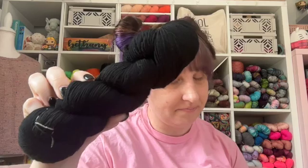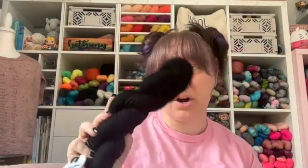My special order came in from Alk and Me. If you watched our April-May wrap up, I went over what I ordered, what I bought at the fiber show, and I said at the end I went to Alk and Me and I special ordered a skein of jet black yarn to go with some neon stripes on a t-shirt, and it came in. It's awesome, and they sent these cute little 3D printed